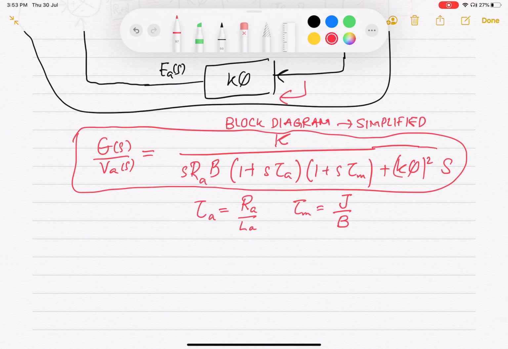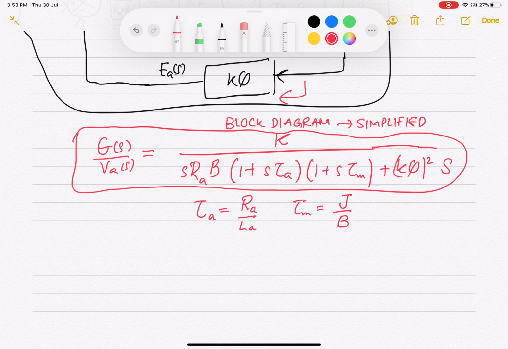So you can see that it's a third order system. The denominator is a function of s cube. The highest order term in the denominator is s cube. So now, if you have armature voltage control, and if you have other quantities that you are trying to move, like in the antenna azimuth position control system, then you can actually find out the overall transfer function for the system, right?